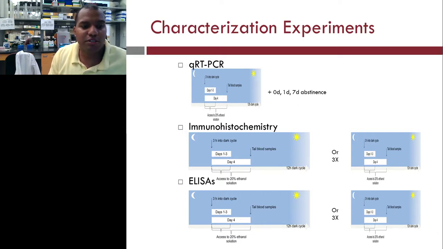And so we do that by using PCR, immunohistochemistry, and ELISAs. And so you'll see in the experiments that it's set up so that they either got alcohol once or 3 times, depending on the paradigm, or they got alcohol and then we waited to see what occurred in abstinence. So in the PCR experiments, they got alcohol over the 4 days, and we gave them 0 to 7 days of abstinence to understand what was occurring in the system, or they got alcohol 1 or 3 times, and again, depending on the experiment, were euthanized at different periods to understand the persisting nature of those neuroimmune changes.